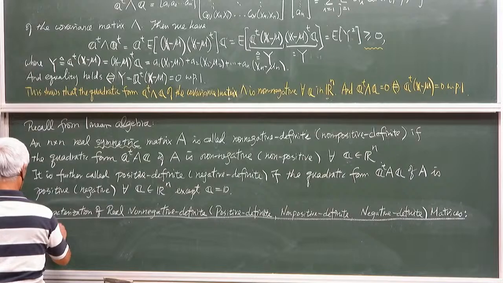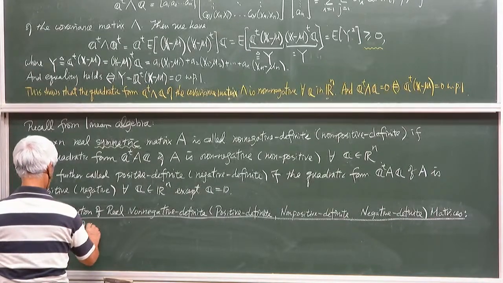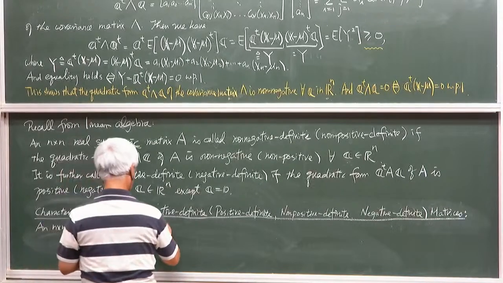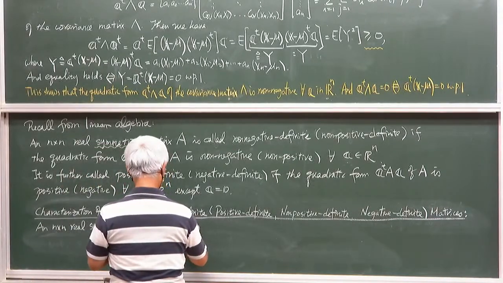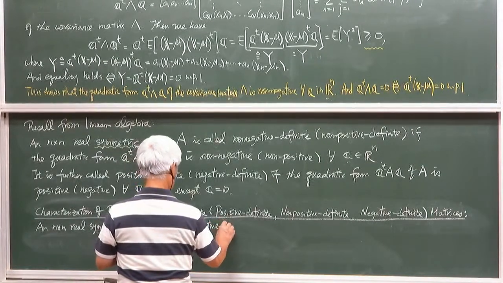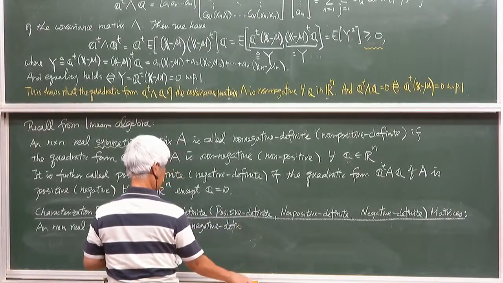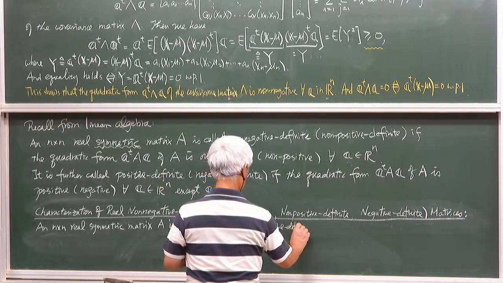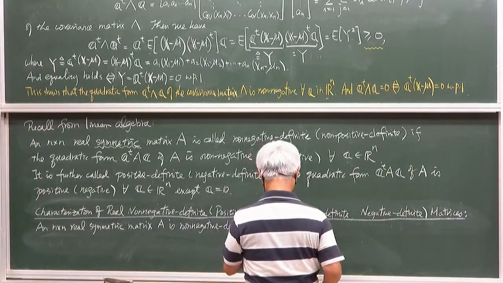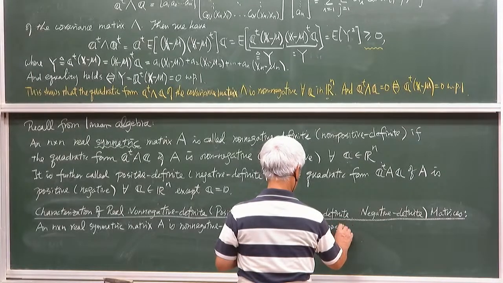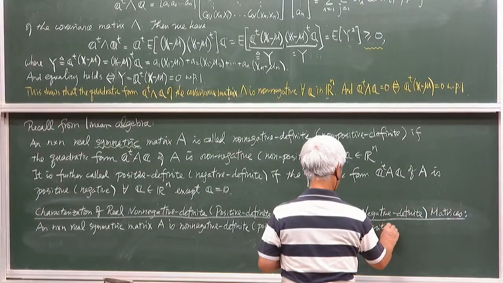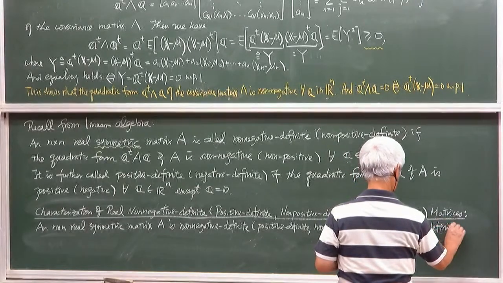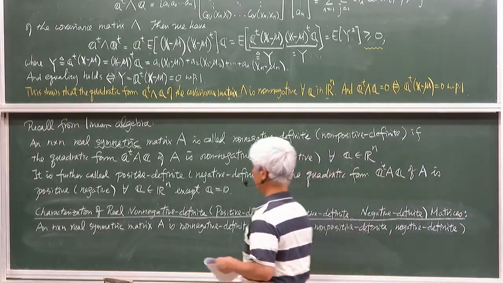Okay, an n times n real symmetric matrix A is non-negative definite or positive definite or non-positive definite or negative definite if and only if